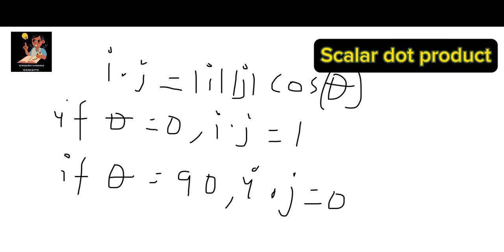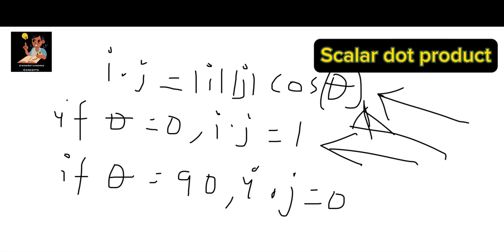Because they are unit vectors, the magnitude of i is equal to 1, and the magnitude of j is also equal to 1. Now we know from our scalar dot product formula that some vector i dot some other vector j is equal to the magnitude of i times the magnitude of j times the cosine of the angle between them. Let theta represent the angle between them in this specific situation. Now, if the angle between them is 0, which means theta equals 0, we are going to have this result,